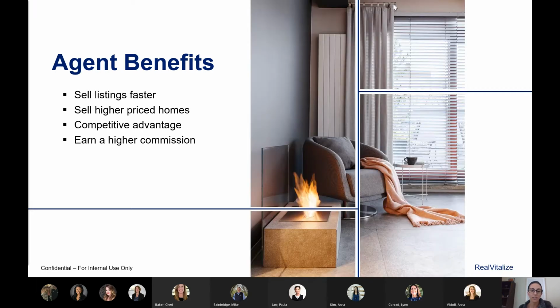We also have a ton of benefits to our agents, of course, selling listings faster and for a higher price benefit our agents as well. But it also offers our agents that competitive advantage. So not only in winning the listing, right? So when they are talking to a potential seller about all of the things that they can do in order to list their home and be selected as their agent, this program absolutely helps our agents stand apart from competition,